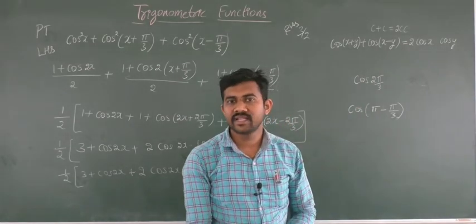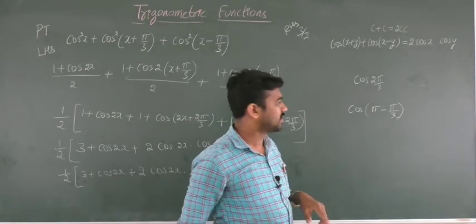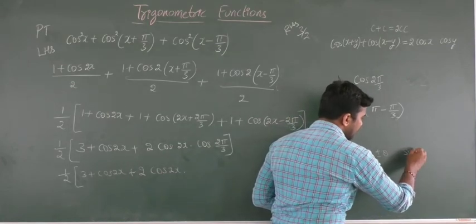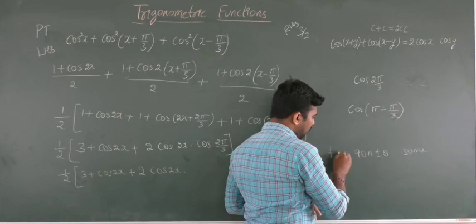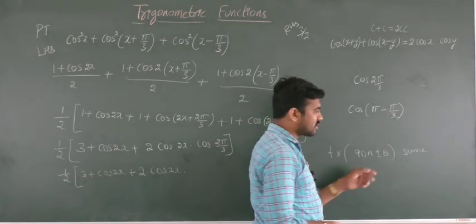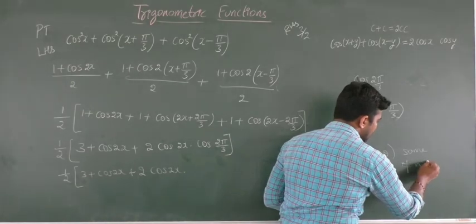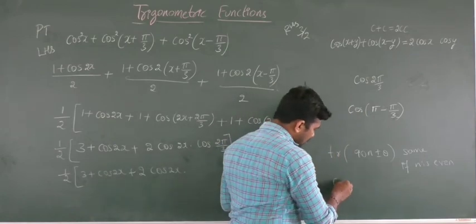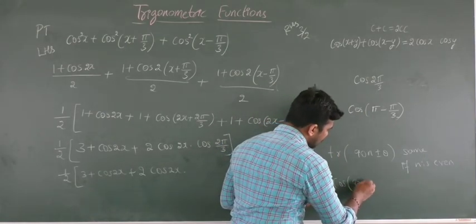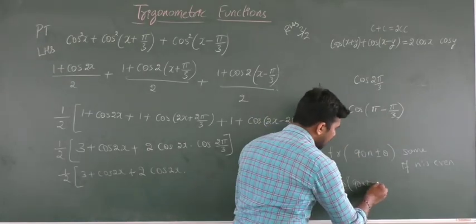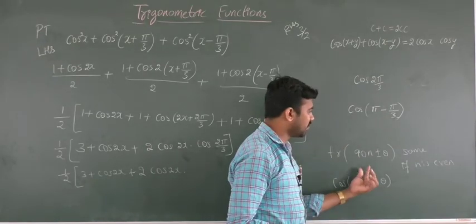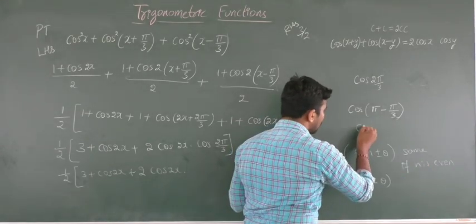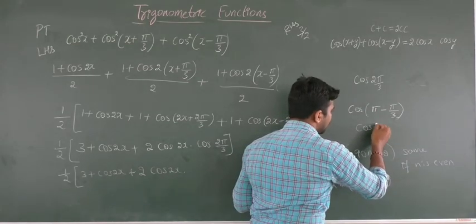Trigonometric function of allied angles that you've seen, 180 minus theta. See, the trigonometric function of 90 into n plus or minus theta takes the same name if n is even. You can observe here cos(90 into 2, that is 180, minus theta). Okay, so here n is even, so the name stays the same. So we'll get what here? Cos theta, cos pi by 3.